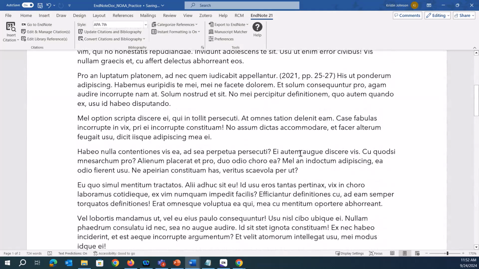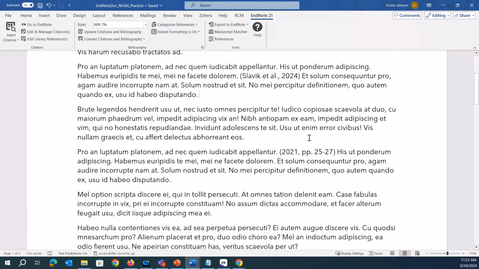Let's say you're ready to submit this document, but they asked you to remove any format or any field codes, or you need to submit it as a plain text document. How do you do that? First thing you want to do is save your document with the formatting, just as a backup, just in case you want to add things later or change the citation style. You can. So save it first, and then once you've made a backup,